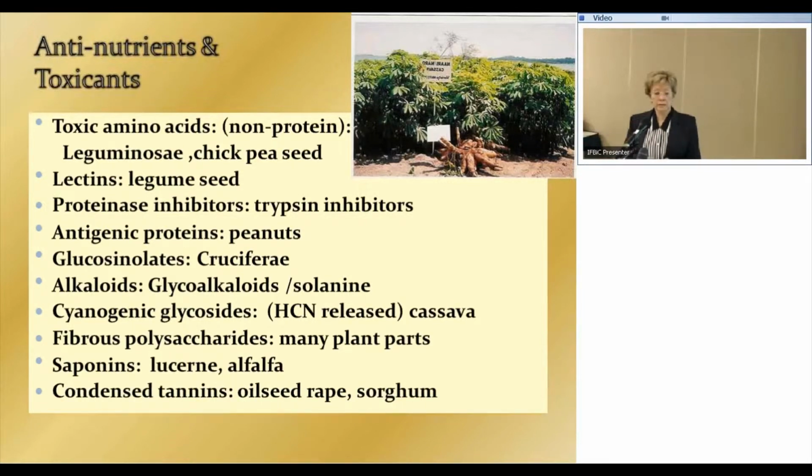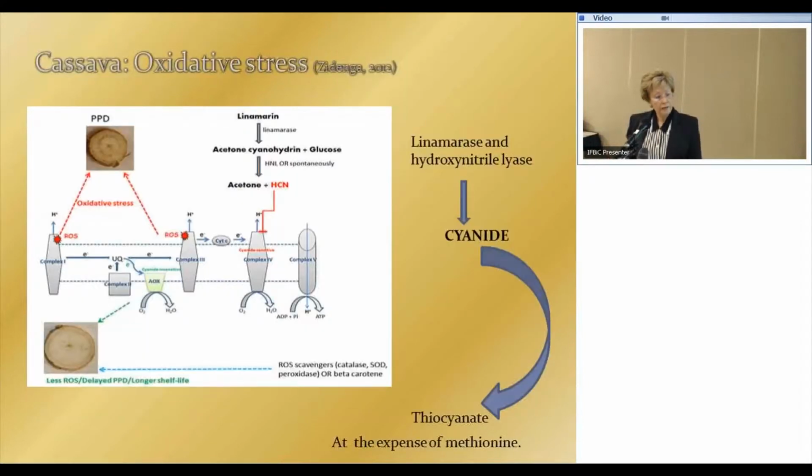And there you have an example of cassava that contains all these, but in various concentrations, so not all of them are that important. This is, for example, a very serious concern in cassava, and that is